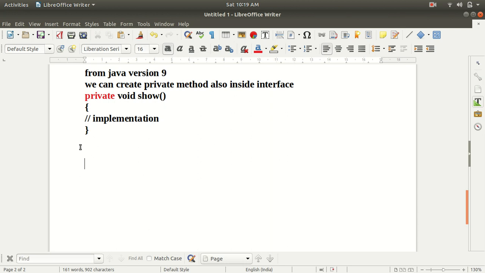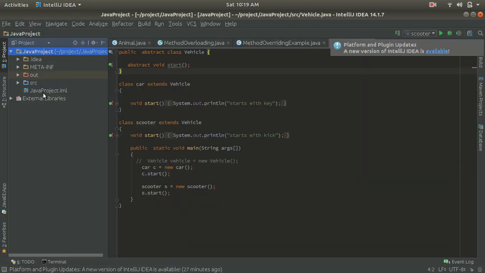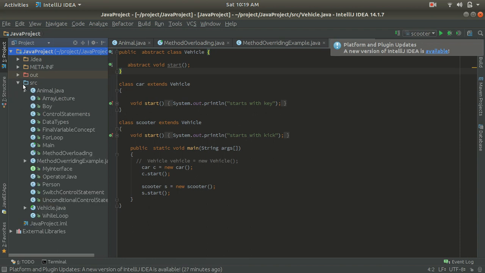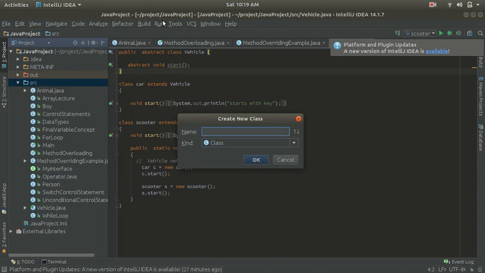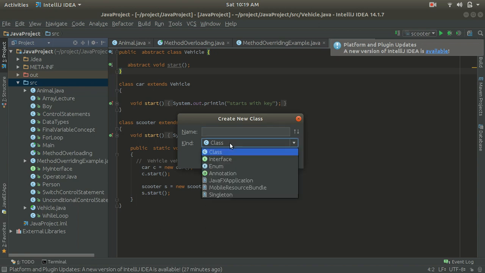Right? So now I will show you how to write a program of the interface in Java with the IDE. So let's go to my IDE, and here inside the source folder I am going to create one class for the interface. So let's create one, let's say this is an interface.